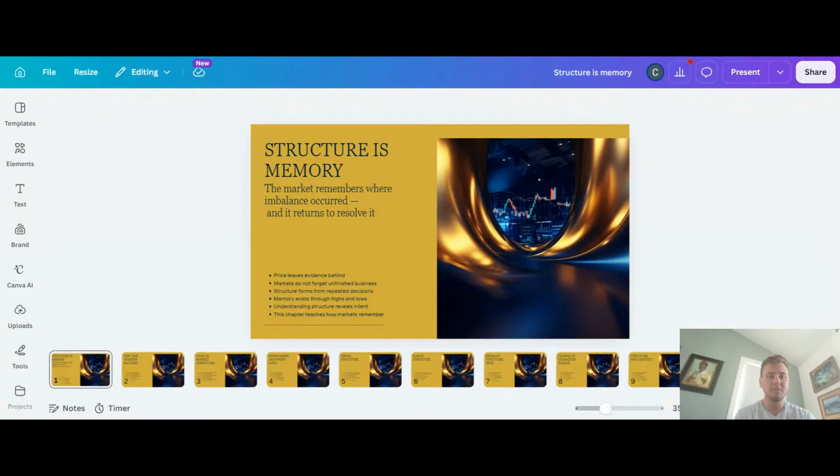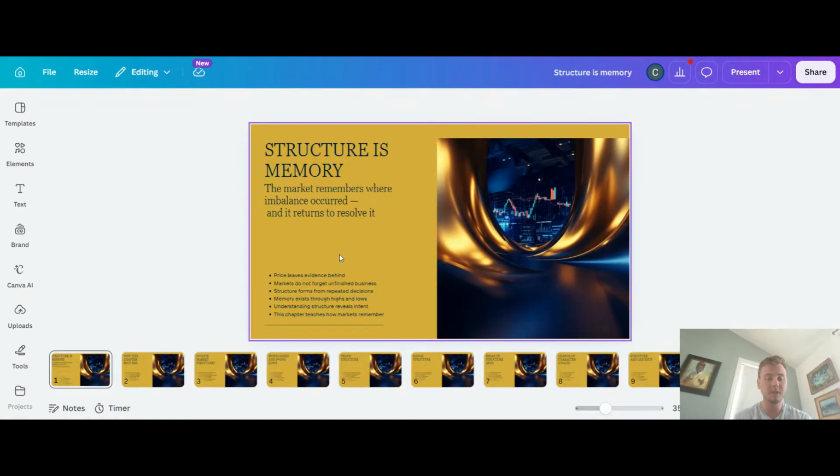So structure is memory. The market remembers where imbalances occurred and it returns to resolve these. These sometimes create FVGs and other great things in those kinds of ways. And it's just resting orders from the past that it wants to sometimes refine, or the liquidity pockets that it's searching for from prior orders, depending on if these orders still exist. They will either slowly move in that direction and actually be taken out, or they will slowly revert back if there are actually no orders that come in during those times of the market.